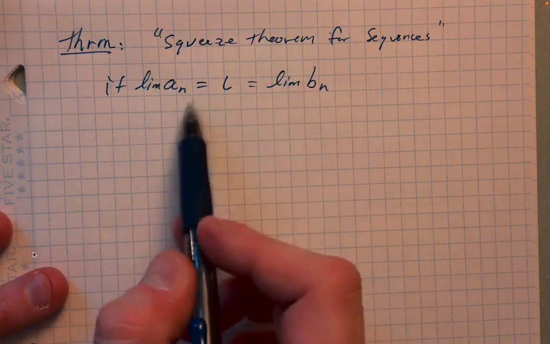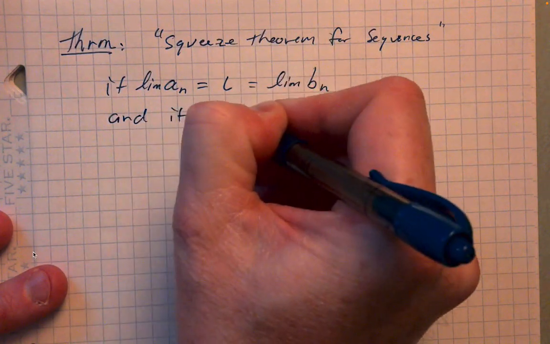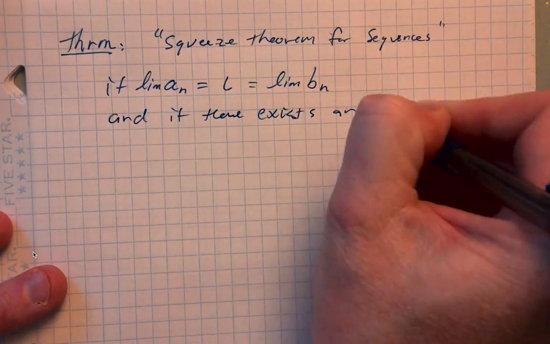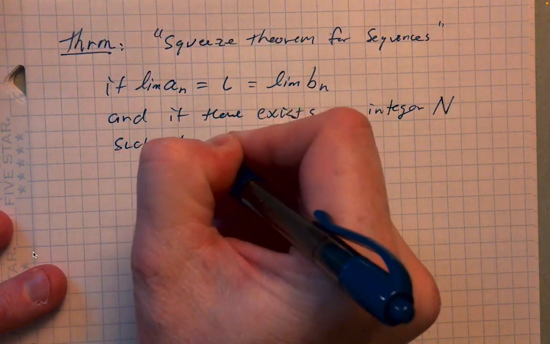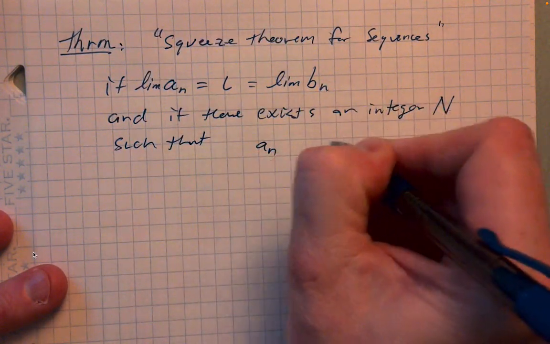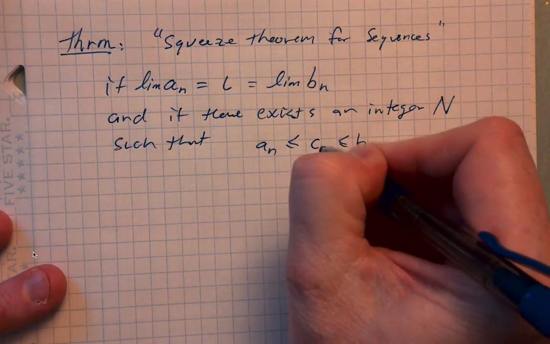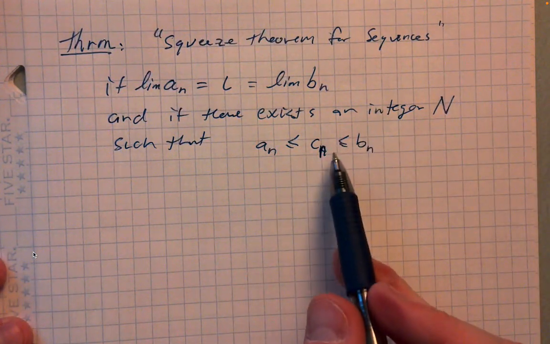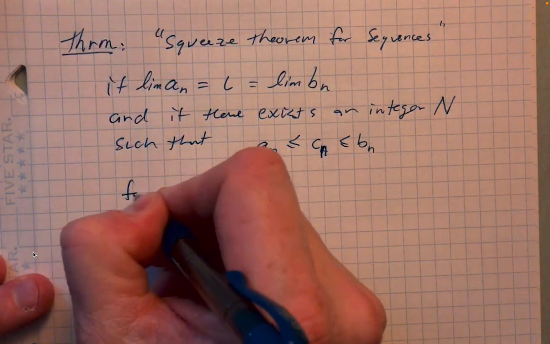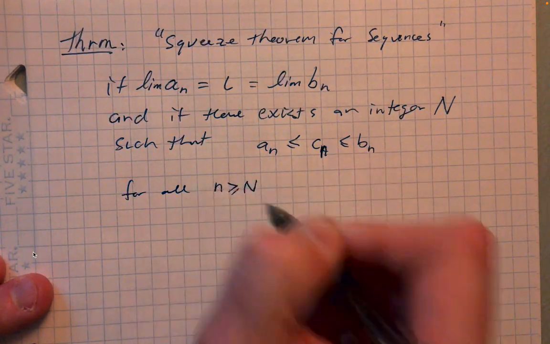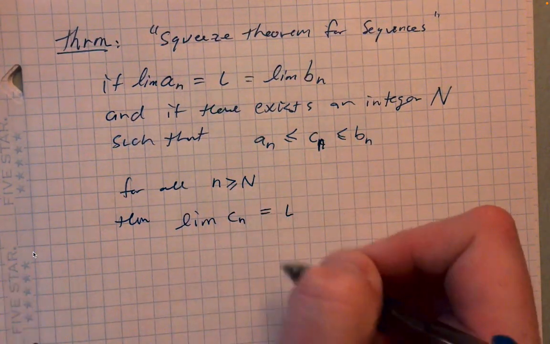So if you have these two sequences, a of n and b of n, and they both have the same limit L, and if there exists an integer N such that a of n and b of n are bounds on the value of some other sequence terms, c of n, and this is true for all n greater than N, well then the limit of c of n is equal to L as well,